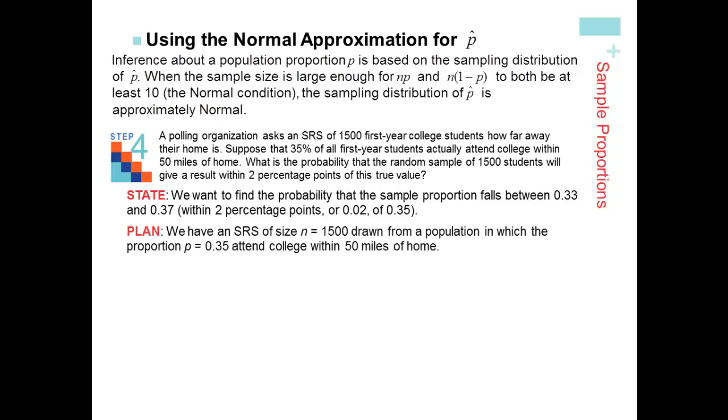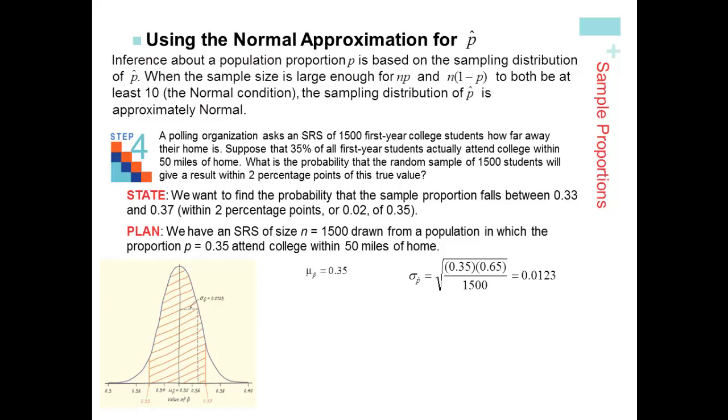The plan: since we have a simple random sample of size 1,500 drawn from a population in which the proportion p is given as 0.35 that attend a college within 50 miles of home, I would need to find the mean and the standard deviation of the sampling distribution of p hat. Remember, mu sub p hat will equal p, so that's equal to 0.35, and the standard deviation of p hat will equal the square root of p times 1 minus p divided by n, which ends up being